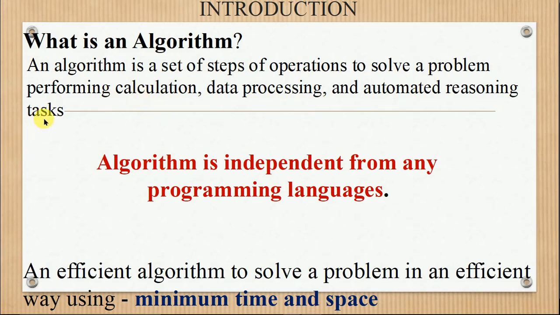So for example, if we have the problem of addition of two numbers, that is my problem. How am I going to implement it? First I need to take an input, right? That input is in the form of data processing. Then I need to perform a calculation, which is how the sum is calculated to get the solution for the addition, and then I automate the task for the given problem, right?